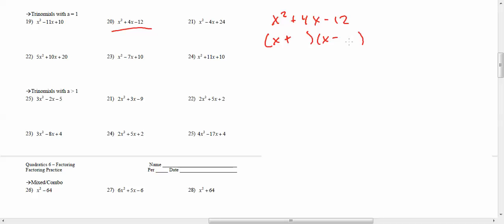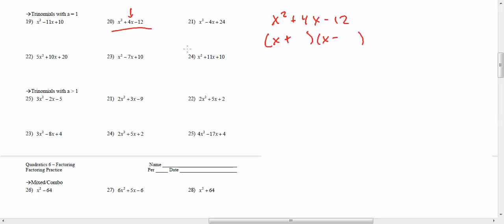2 and 2. No. They need to multiply out to be negative 12. 2 and 6. What else? Well, right. You're right. Essentially, I could put in 2 and 6. I could put in 3 and 4. I could put in 1 and 12. But you're right. I would choose 2 and 6 because I want to get them to add together to be